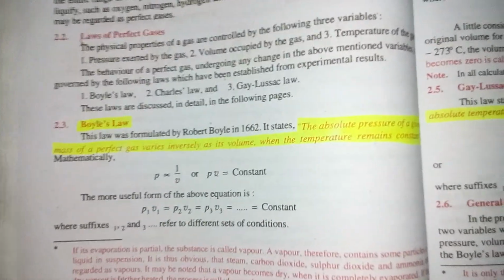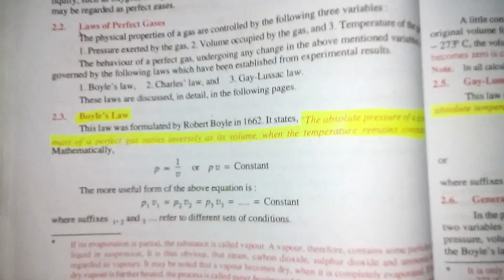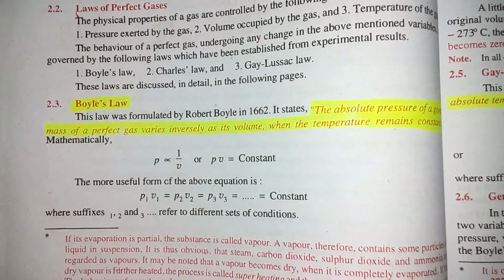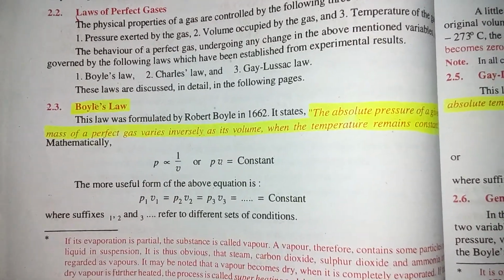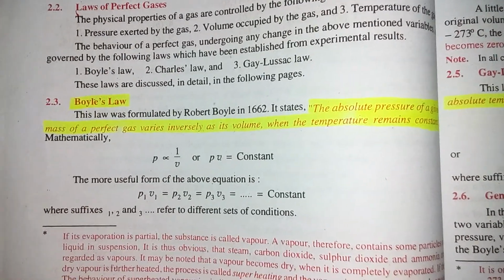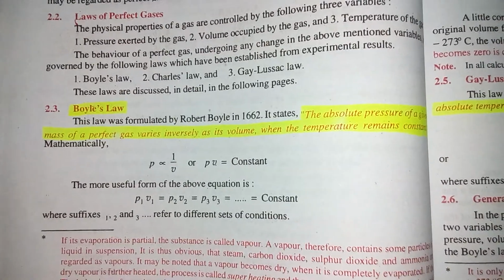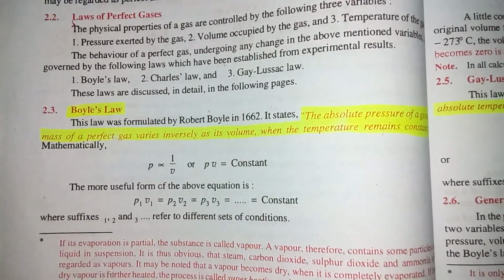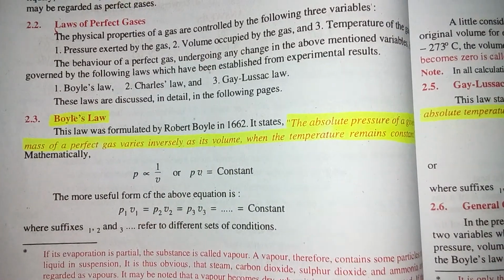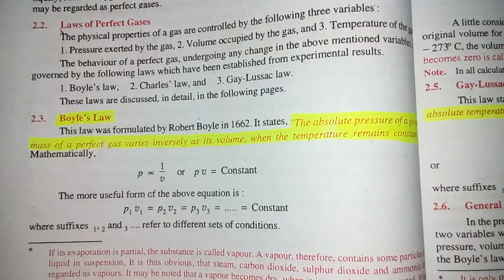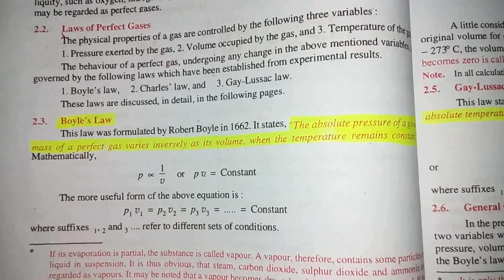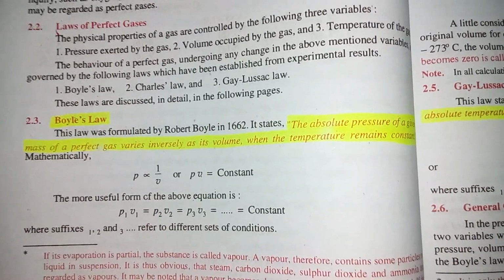What is a perfect gas? A perfect gas or an ideal gas may be defined as a state of substance whose evaporation from its liquid state is complete and strictly obeys all the gas laws under all conditions of temperature and pressure. In actual practice, there is no real or actual gas which strictly obeys the gas law over the entire range of temperature and pressure, but the real gases which are ordinarily difficult to liquefy, such as oxygen, nitrogen, hydrogen, and air, within certain temperature and pressure limits, may be regarded as perfect gases.